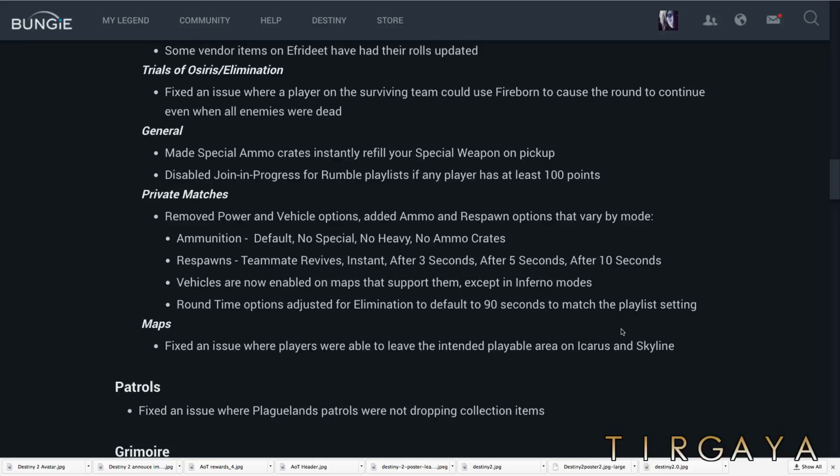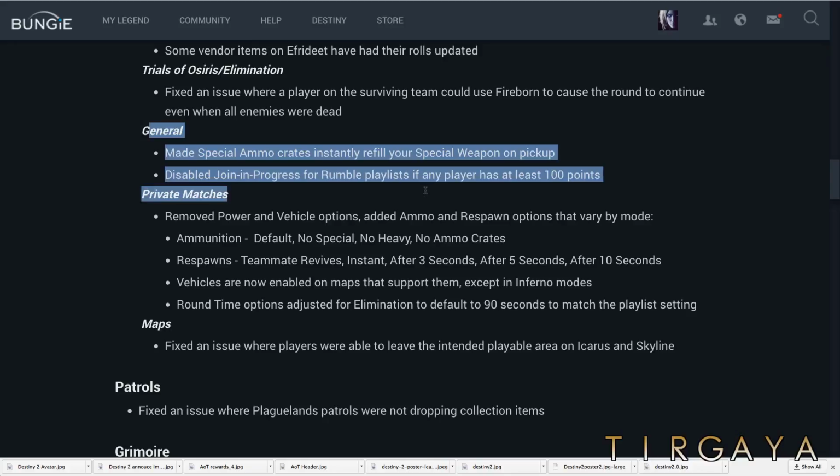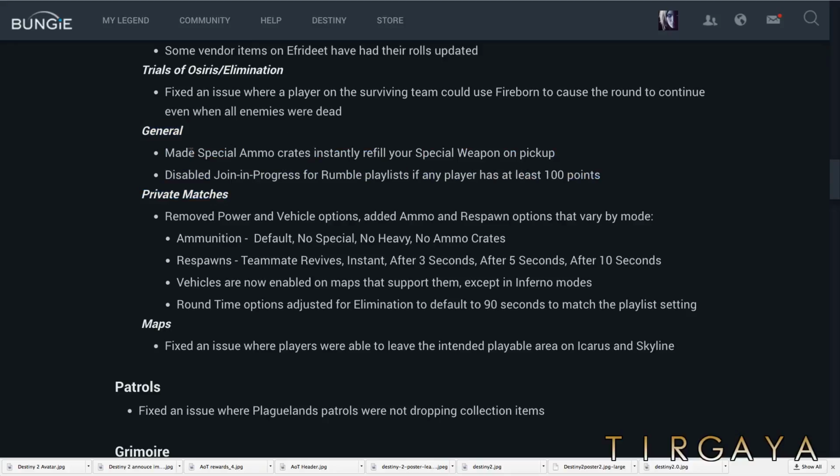Bug fixes. The special ammo change is listed here under General, another welcome change. Special ammo crates instantly refill your special weapon on pickup, and they would disable join in progress for the Rumble playlist if any player has at least 100 points. So you're not going to jump into Rumble and see players that already have 800 points and you've got 0. That's going to be really nice for people who like Rumble. I hate Rumble, but